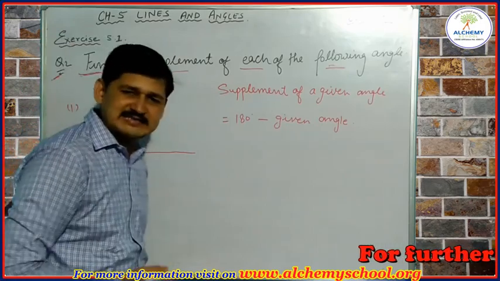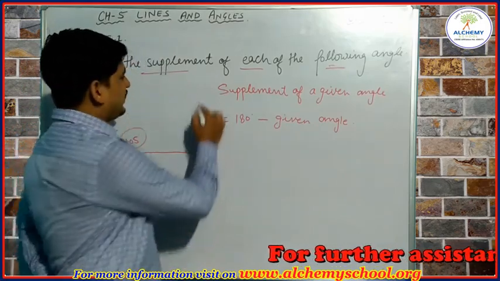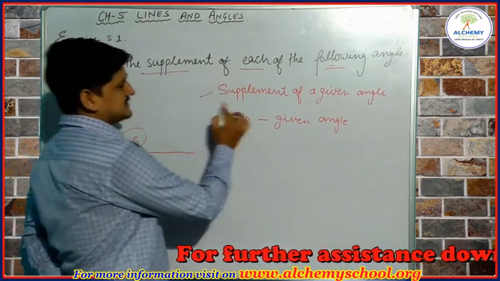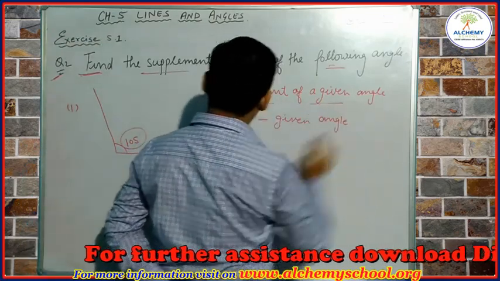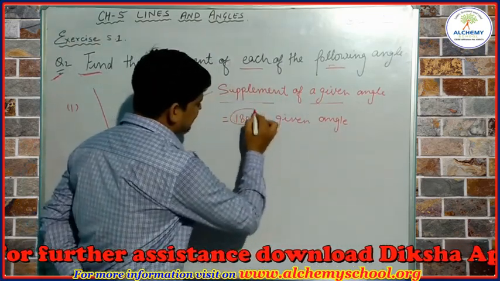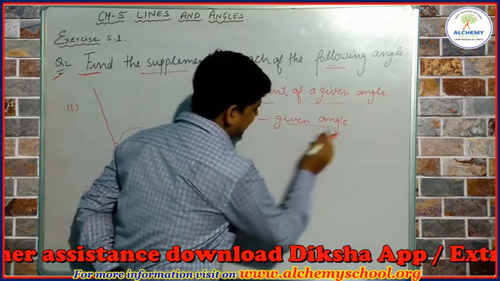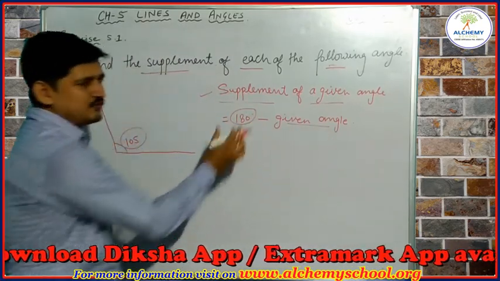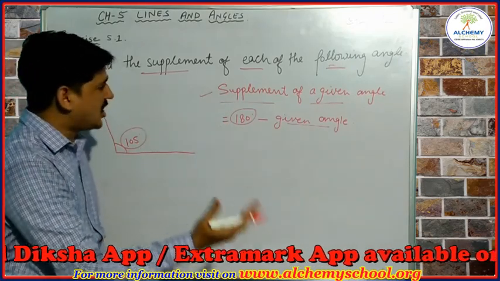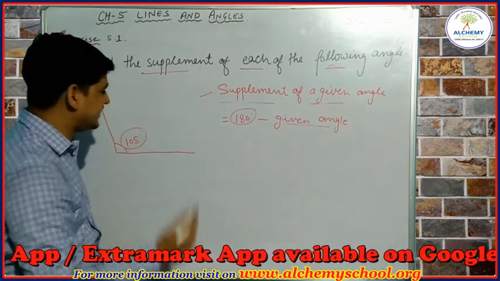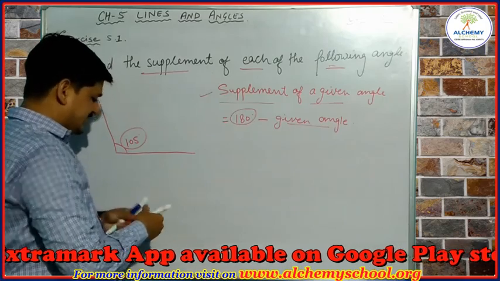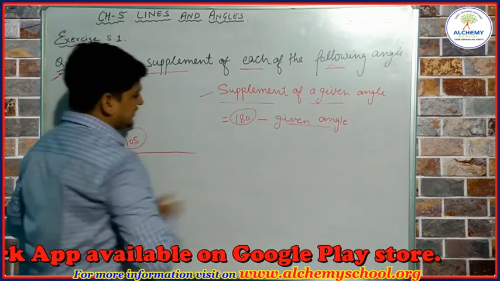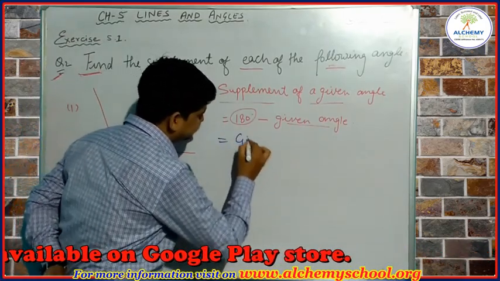To find the supplement angle of a given angle, we have to apply the formula: supplement angle of a given angle is equal to 180 degrees minus the given angle. The given angle will be subtracted from 180 degrees to find the supplement angle. Let's see which angle is given here. Here the given angle is